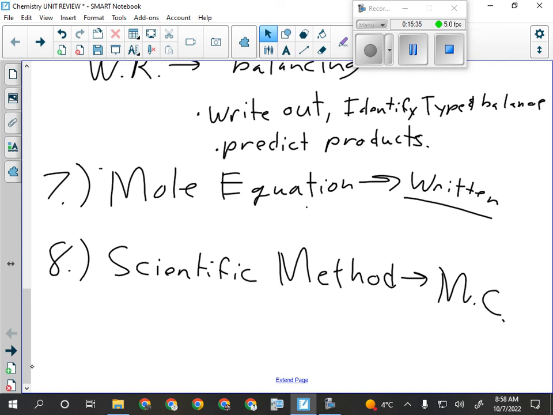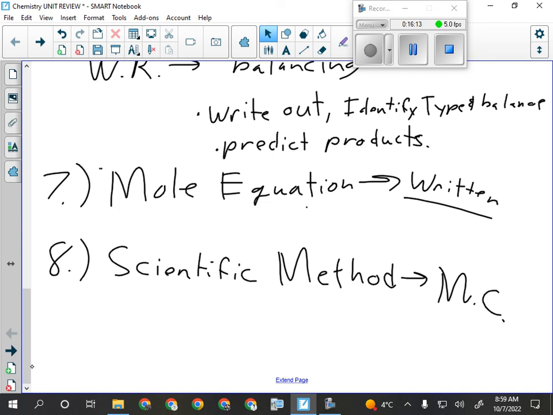In those 33 multiple choice questions, I'm going to ask things like physical versus chemical change, physical versus chemical properties, the scientific method questions we just talked about, properties of compounds, solubility, atomic structure, like being able to tell me how many neutrons are in a particular atom, naming